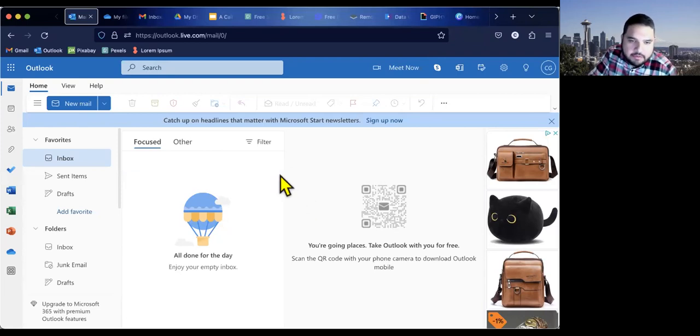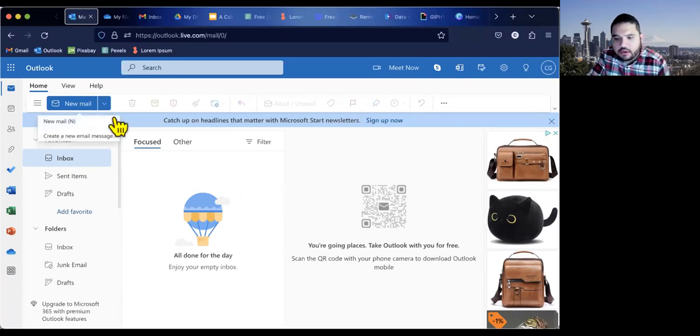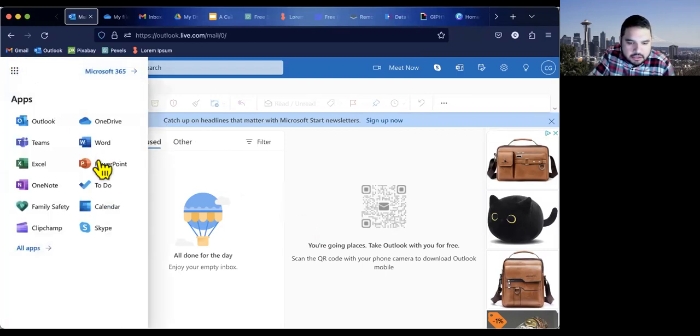So I'm just going to start off with Outlook.com. I always start here because a lot of our patrons want to get access to PowerPoint, but they might not have access to the premium version. So I'm going to be using the free version for today, which is based online. At Outlook.com, you could just create an account. It's free to do. Then just go to the 9 dots over here and launch PowerPoint.